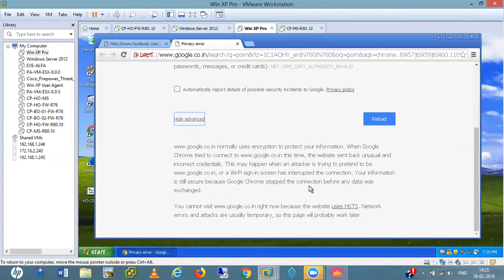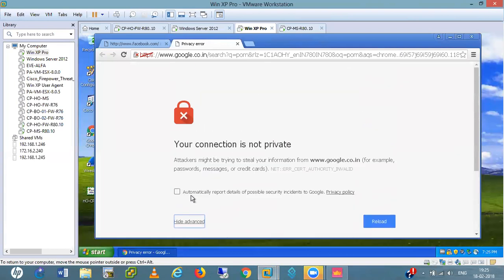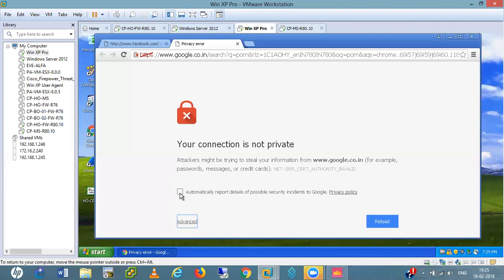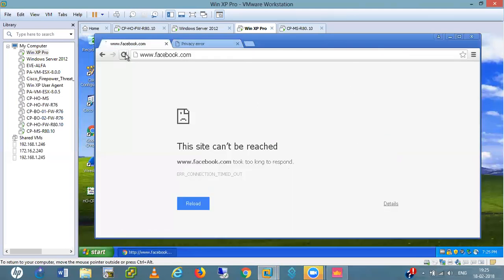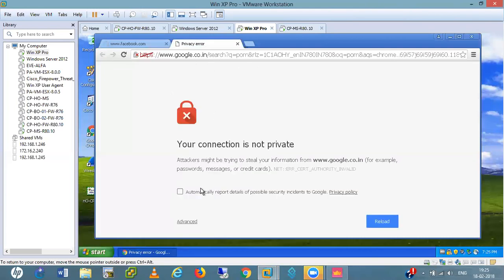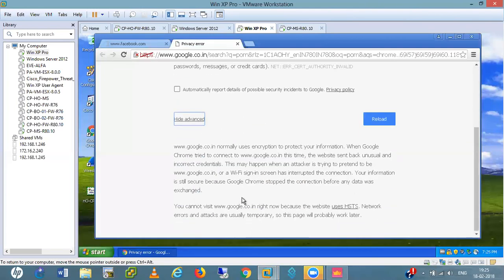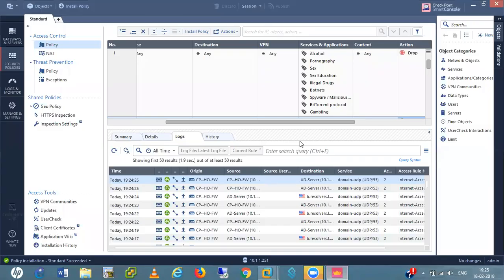Well, normally it does not. Damn it. Again, privacy error. Okay, let me export the certificate once.